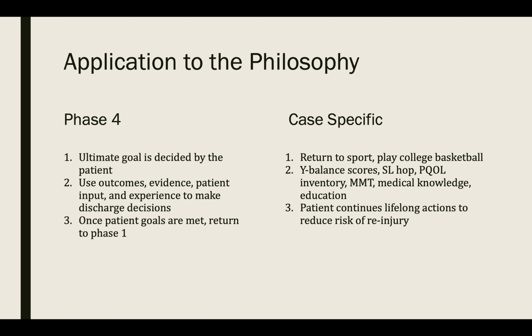Lastly, phase 4. We want to make sure that the patient's ultimate goals are decided by the patient and that they're being met. In this case, those ultimate goals were returning to sport, playing college basketball. We want to make sure that those are the goals we're setting for discharge, and that we're meeting those goals as well, using outcomes such as single leg hop and Y balance score to guide our decision making, along with our own experience, our own medical knowledge, and what we know about the anatomy,